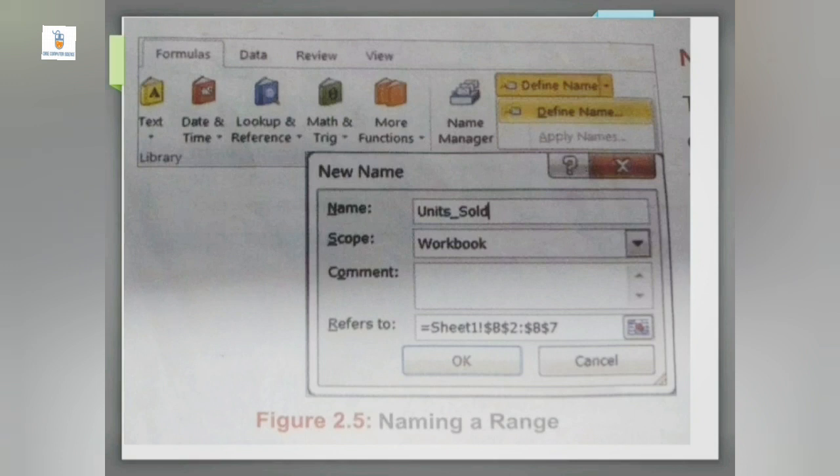We can also define the scope of our range, whether we want the range to be available inside our workbook or outside that workbook also. So say here the name given is units_sold. So this is a customized name given here. Now there is a comments box in which you can give optional comments related to the name you have selected so that a new user can identify, or you can identify, your range by just reading the comment section.